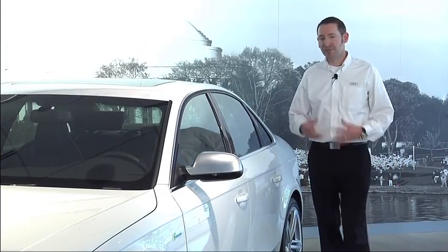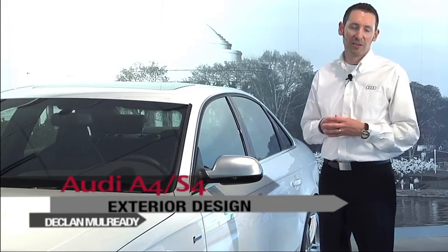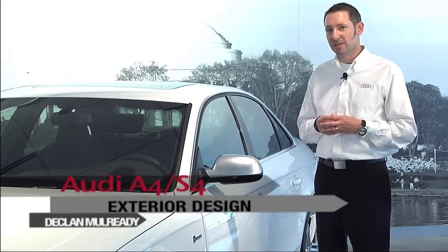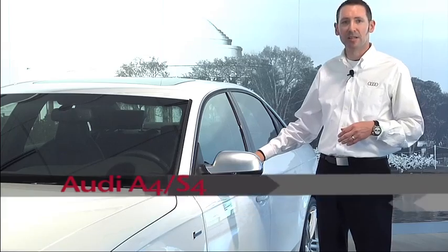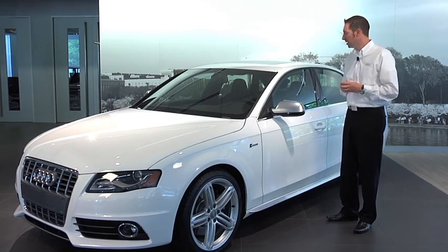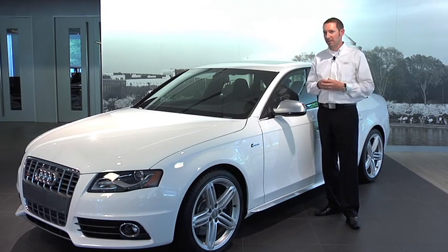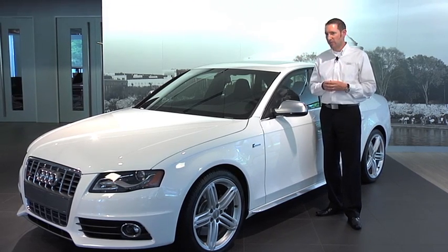Taking a look at the Audi A4 S4 from a design point of view, this car has all the traditional Audi cues. When we start at the side of the car, you'll see that the car has a very high shoulder line, and this gives the car a muscular stance on the road. The next thing you'll notice is the way the roof leans inwards, and the benefit of this is, from an aerodynamic point of view, it makes the car very efficient, but it also gives the car a more aggressive stance